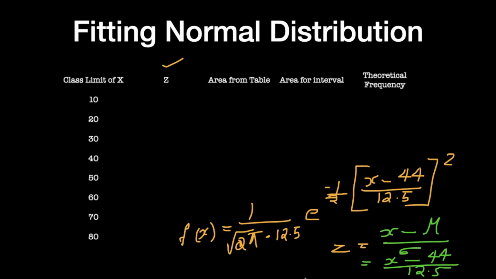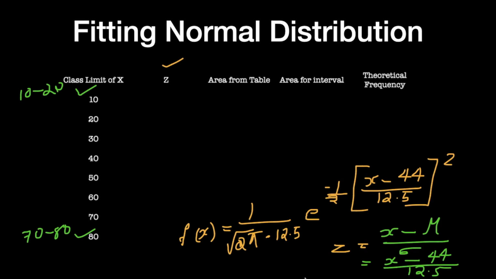When you take the class interval, you take it from the lower limit of the first class to the highest limit of the last class, right? That means we have 10 as the lowest limit of the first class, 10 to 20, and we also have 70 to 80 as our last class, and this 80 also, so that we could cover all the values in the given class intervals, right? So 10 is the lowest limit of the first class and 80 is the highest limit of the last class. In due course we'll see why we have taken so.